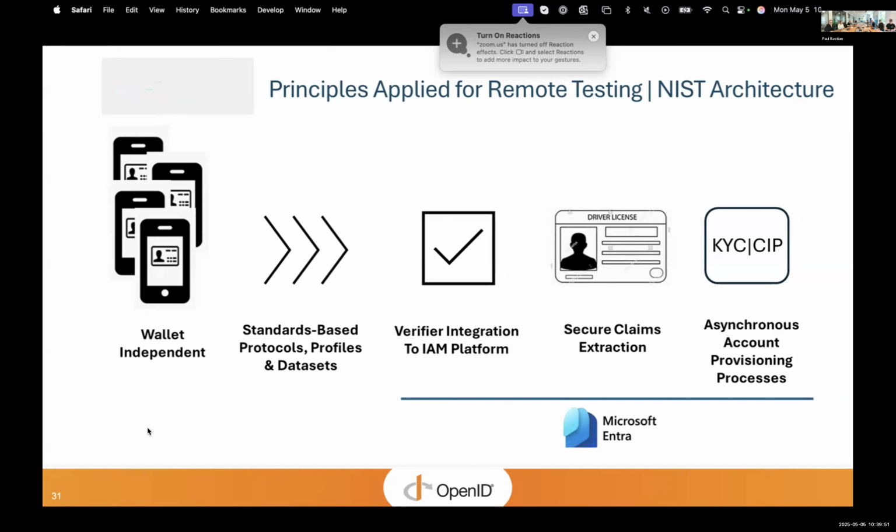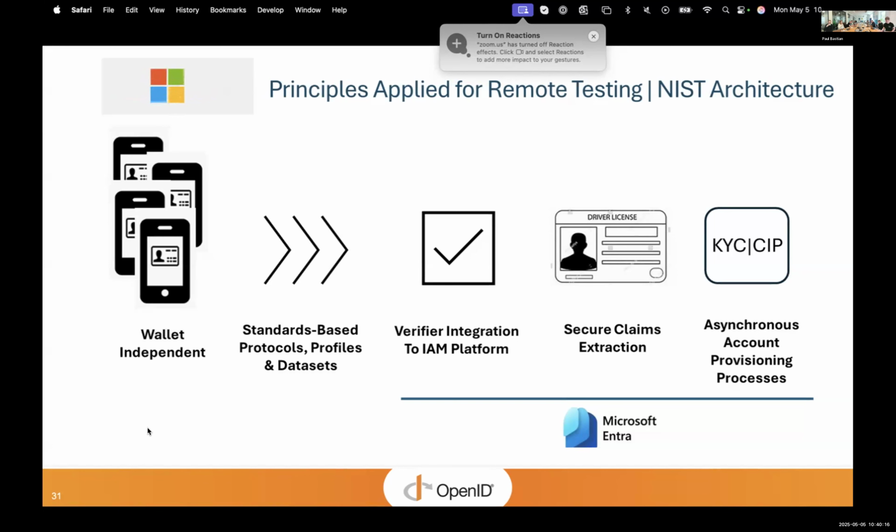So what we've architected for the NCCOE is wallet independent. It's based on standards that are developed external to Microsoft in collaboration in the community, which is a really powerful asset. And those standards that are being consumed here by the IAM platform are for protocols, profiles, and data sets, as well as the APIs.